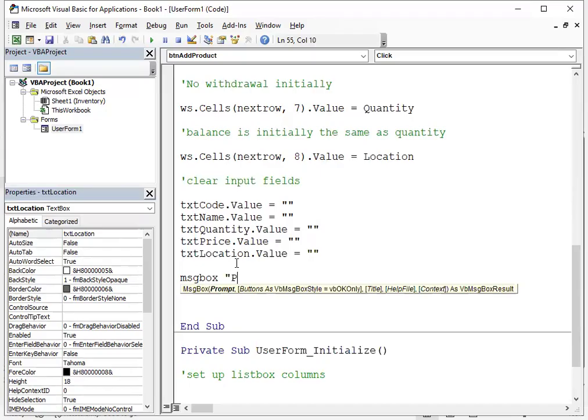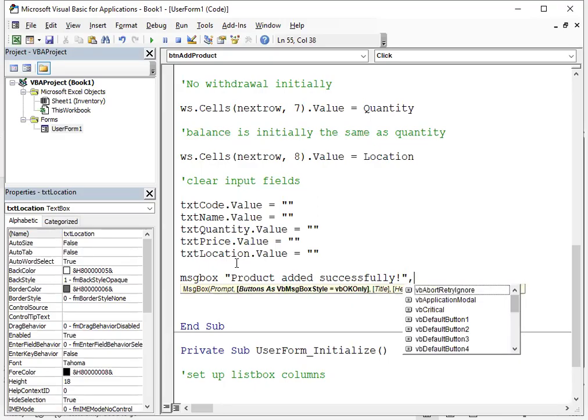I'm going to write product added successfully. Since we are happy that we have added the product successfully, I'm going to include the exclamation mark, then double quotation mark, then comma,